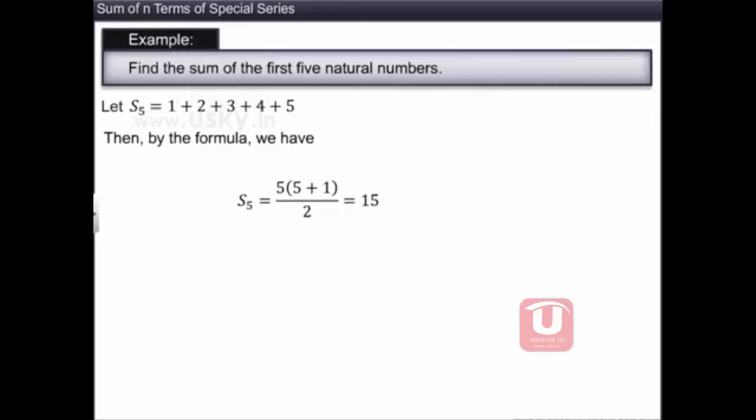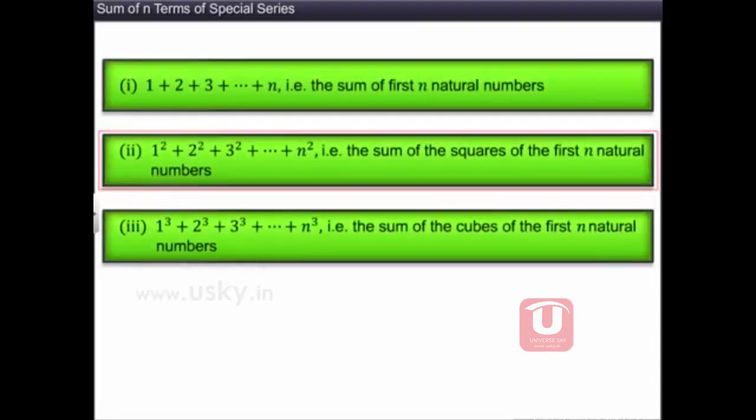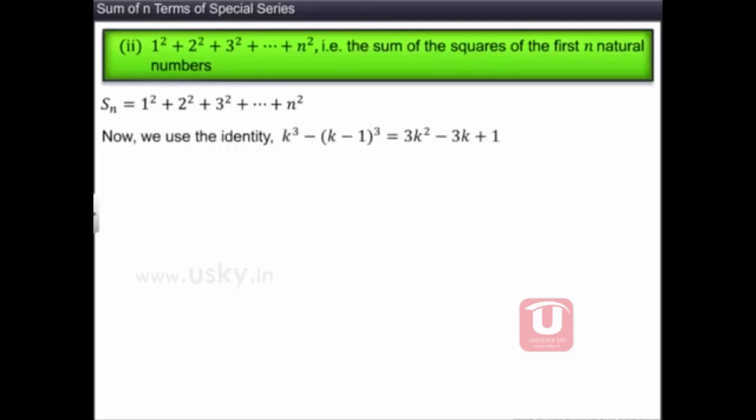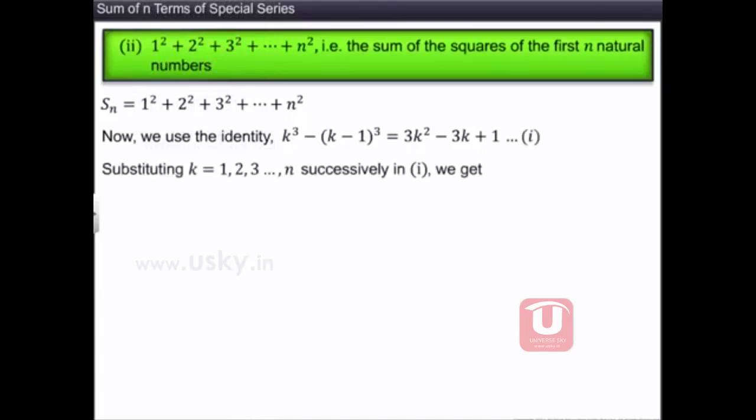Let us now find the sum of the squares of the first n natural numbers. Let us denote the sum of the squares of the first n natural numbers by Sn. Now, we use the identity k cube minus (k minus 1) whole cube is equal to 3k square minus 3k plus 1. Denote this by equation 1. Substituting k is equal to 1, 2, 3 and so on up to n successively in equation 1, we get